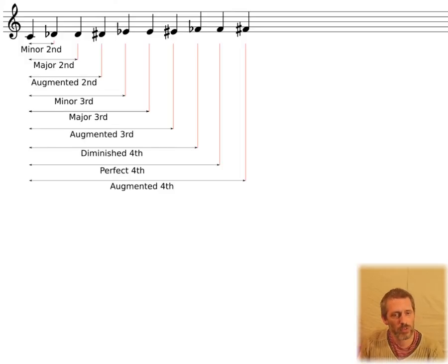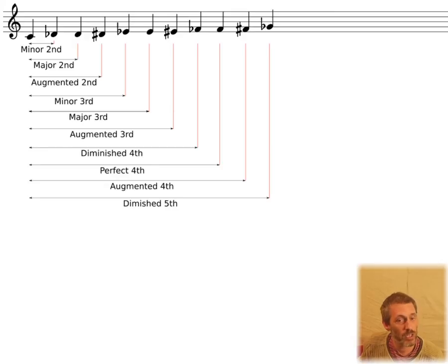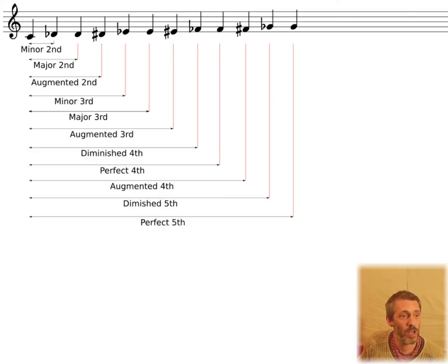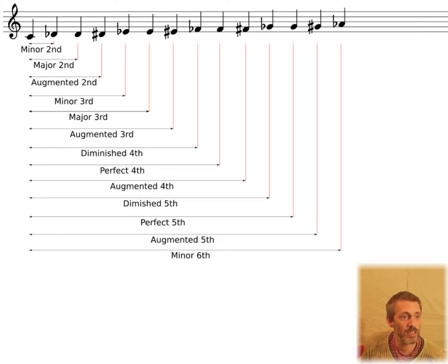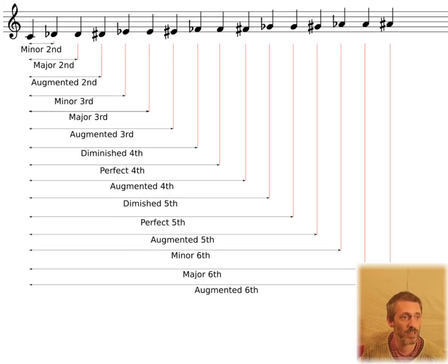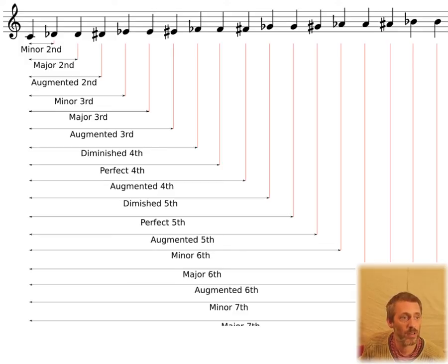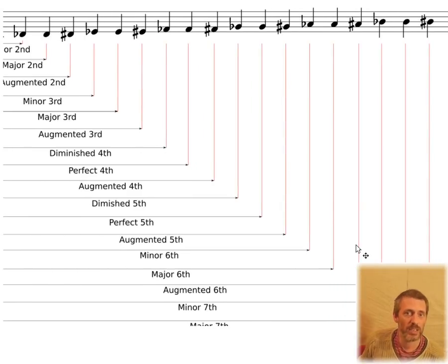Going a little bit further, because we've stretched the fourth by going from C to F sharp, that gives us an augmented fourth. Then we have a diminished fifth if it's going from C to G flat, and again both the augmented fourth and the diminished fifth are the same distance. And then a perfect fifth, an augmented fifth, because again we've just pushed it up by a semitone, a minor sixth, a major sixth, an augmented sixth, a minor seventh, a major seventh, and if we had, it's slipped off the end here, from C